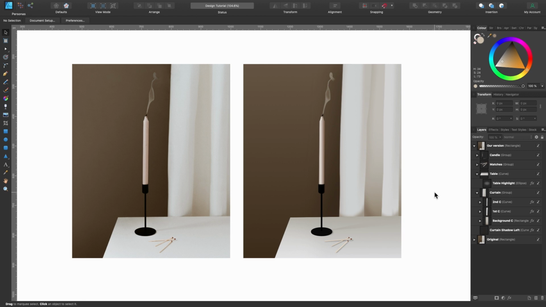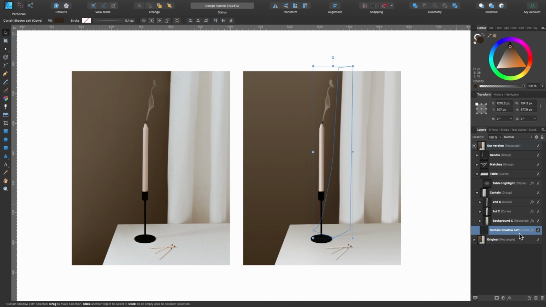The only things I've added that I haven't shown you, they're simple ones, but I'll show you anyway, are just the shadow of the curtain on the left-hand side. If I just take it off real quick, you can see it's a bit lighter on our one, a bit darker on theirs. So basically, you can see I just used the pen tool to draw out a line like that, added a Gaussian blur, made it a slightly darker brown, added that in.